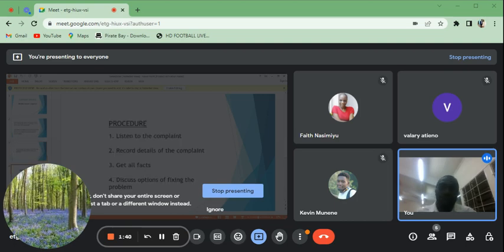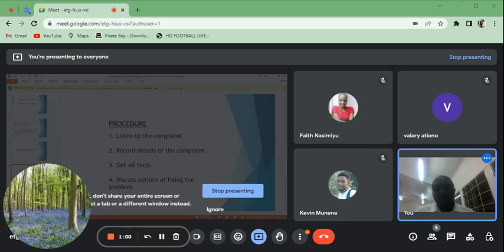Now we move directly to the procedure that should be followed in solving a guest complaint. And number one is listening to the complaint. That is, the client that is complaining. When a customer is frustrated due to bad service or a bad product offered, that will imply that the client will be in a very bad mood. Some of them are angry, and some of them tend to even throw abuses at the people who are around offering the services. So the only way out is to give a listening ear to that client and listen